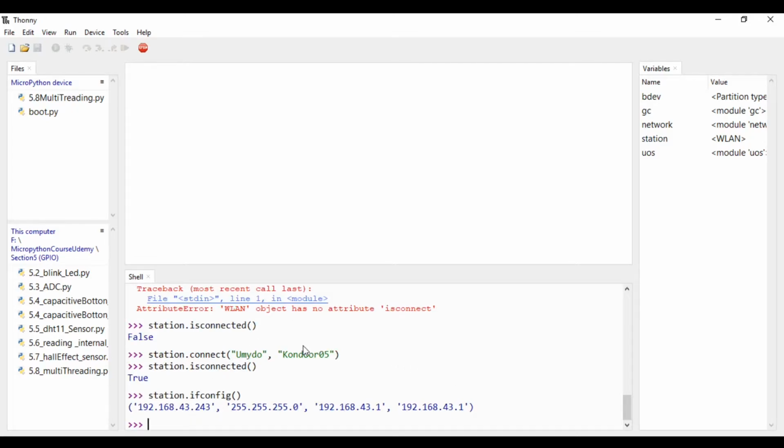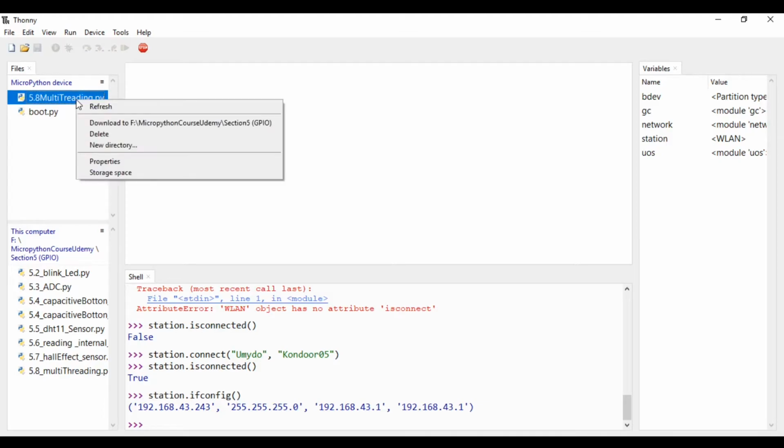I hope you understood this. Now what we have to discuss a little bit in detail. Till now in many videos we discussed code and it is saved in the laptop or the desktop. Some programs we also saved into the ESP32. When you check on this MicroPython device, the file system, the boot.py is the main file here. This is one of the files which we saved from the last session. I'm just going to delete this.